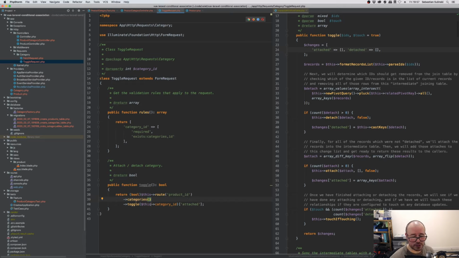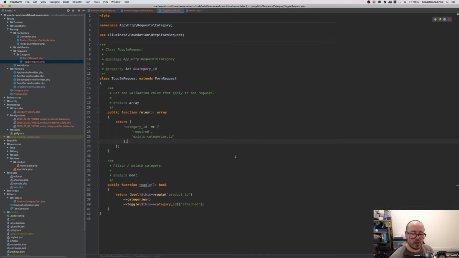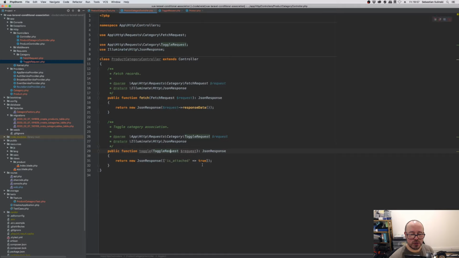Because through this operation, I'm only toggling one category, so there should be only one item in the attached. If we detach, then obviously attached is going to be empty, and because we are forcing Boolean on it, that's going to be either true if there is an item in the attached, or false if this attached array is going to be empty. Okay, so now let's go back to our